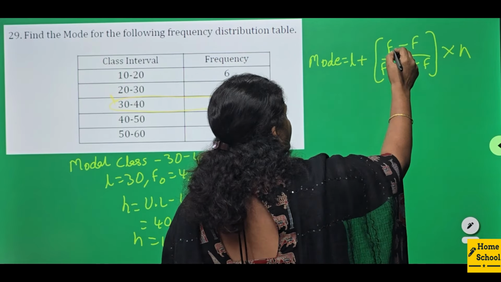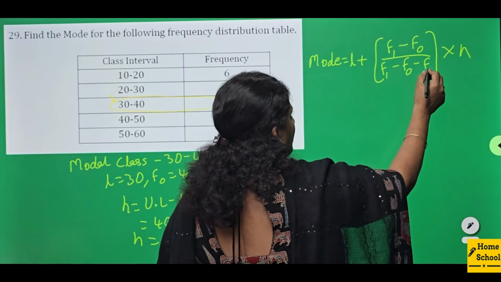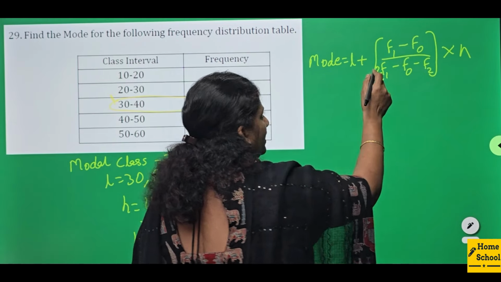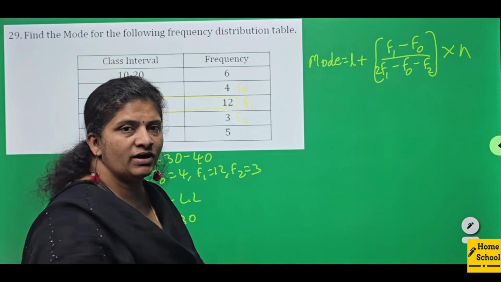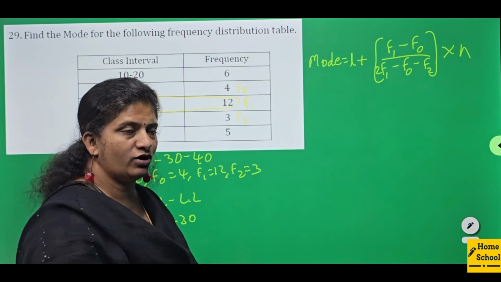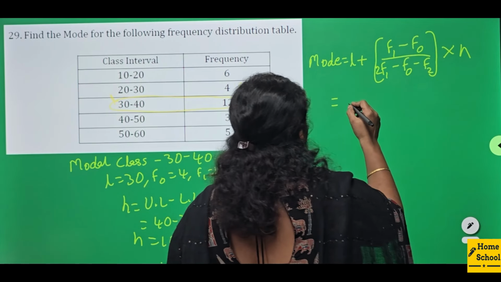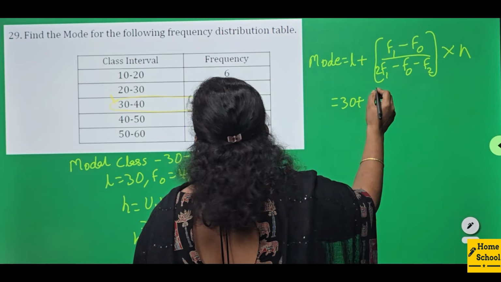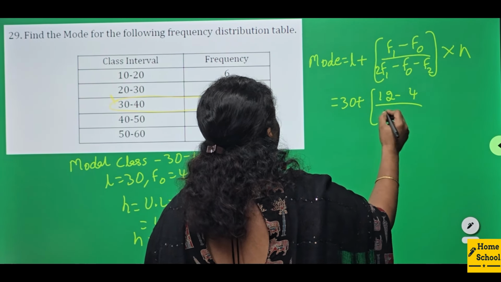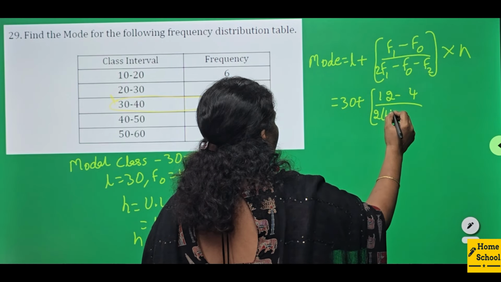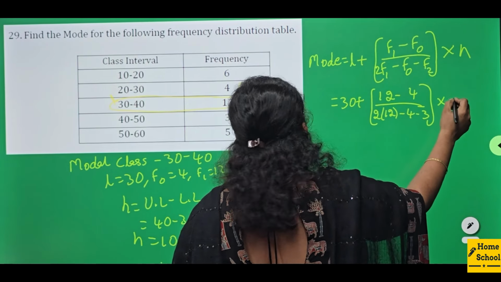Next, which class? 10th, right? Write 1, 0 again. Now write here 2 and multiply a 2 here. This is your mode formula: L plus (f1 minus f0) by (2 f1 minus f0 minus f2) into h. Substitute all these values. L value is 30. f1 is 12, f0 is 4, by 2 into 12 minus 4 minus 3, into h is the class size